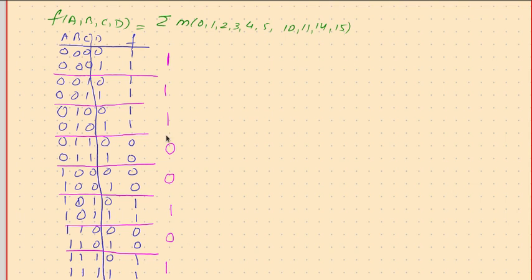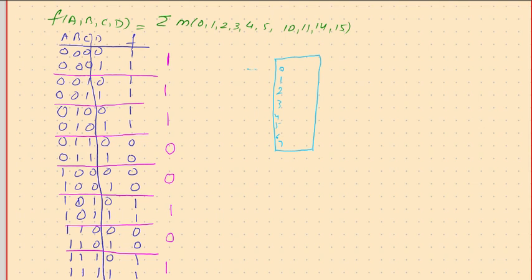Therefore I can say that in the whole table, the value of D has no role to play here. Accidentally, that's what happened. It's only A, B, and C that are going to control the whole situation. So if A, B, C are 0 0 0, we want F to be 1 irrespective of D, and so on. So we can just convert this whole thing into a simple 8 to 1 multiplexer problem, with inputs 0 1 2 3 4 5 6 and 7.